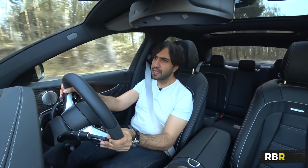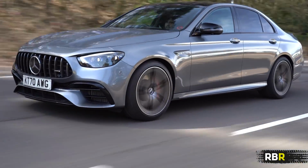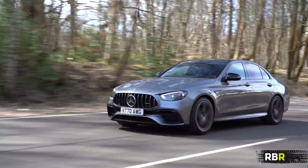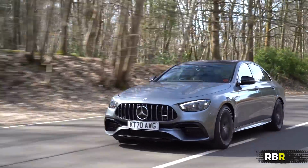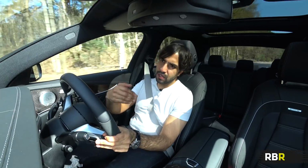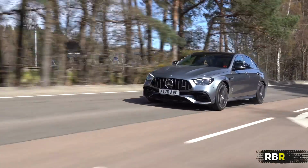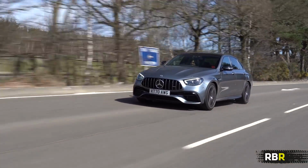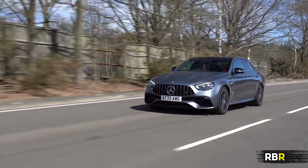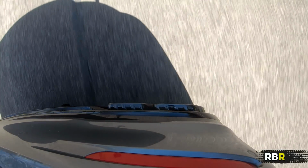The rev build-up is nice. Yes, you do get sound coming into the cabin, which is live from our engine, so I've not got an issue with that. We're bothering people outside less, and we're getting the genuine sounds of the car inside the cabin. Of course, it does make the whole thing sound a little bit muted. The 53 sounds similar to the 63s, which sounds similar to the 45s, but you still hear the V8 rumble. And if you want to take matters into your own hands and play with the exhaust system in terms of the actual hardware, you can do that and you can get it to sound more like the pre-facelift. And then even coming to a stop,